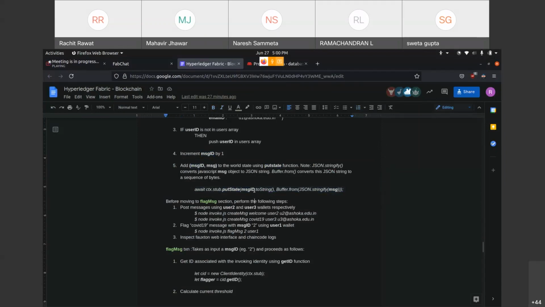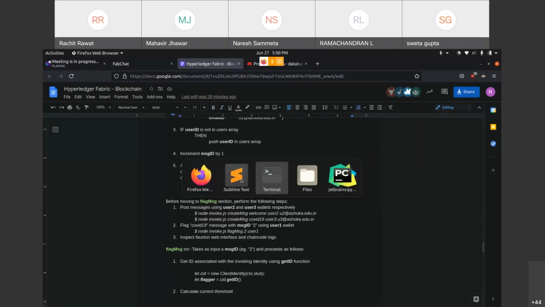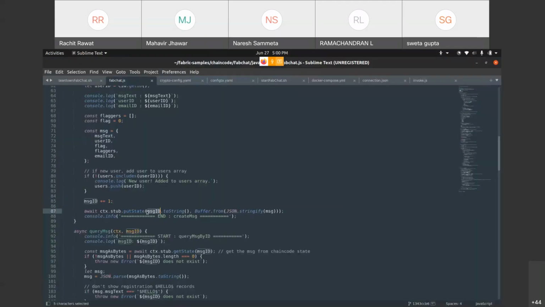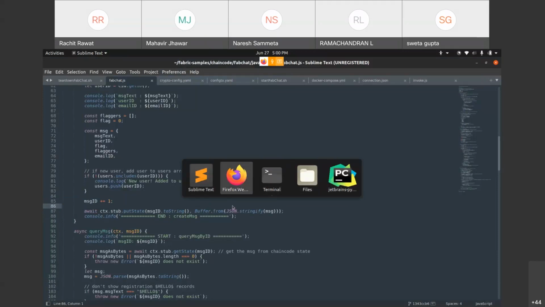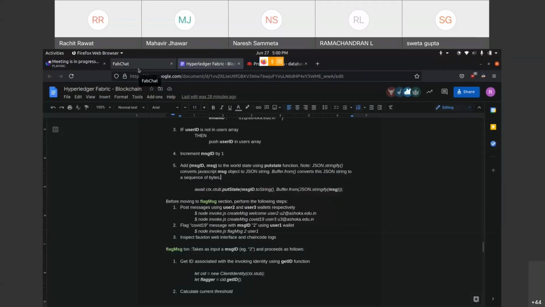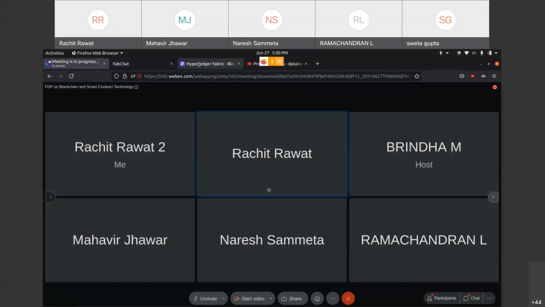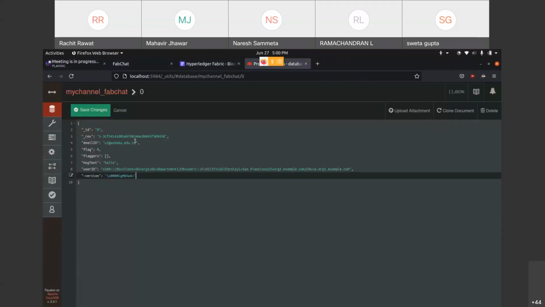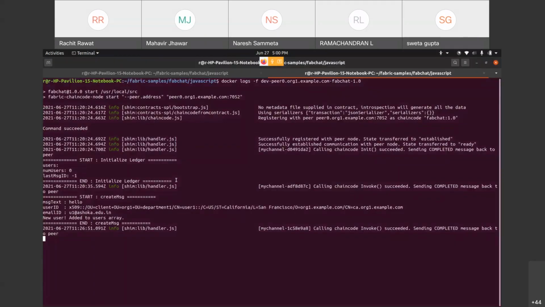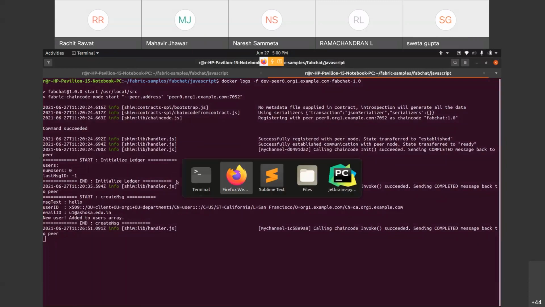I'm using the message ID and our message, and you can look at what these Buffer from JSON string calls do, I mentioned it here. So this is our put state function, and after that the message and message ID get written in the blockchain here like this. So that was our create message transaction.